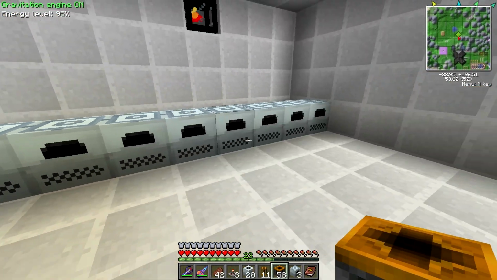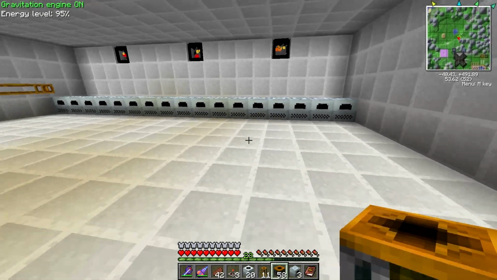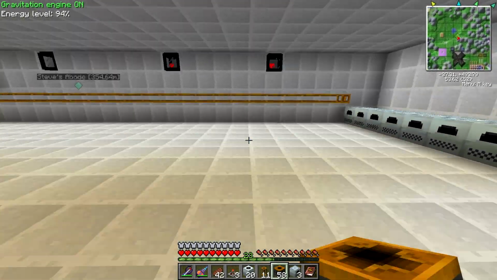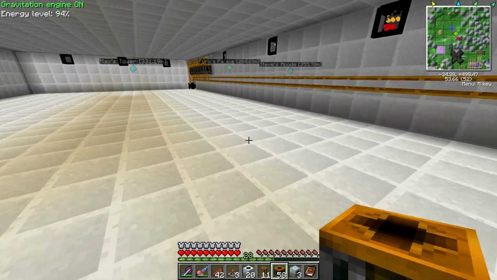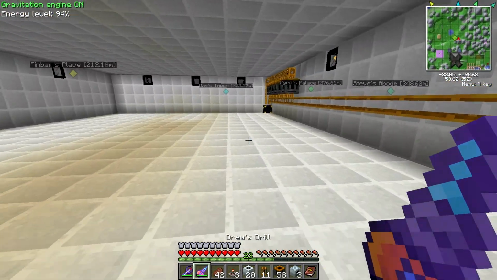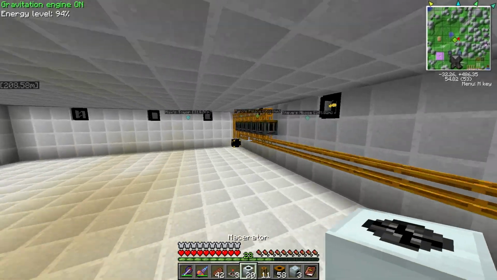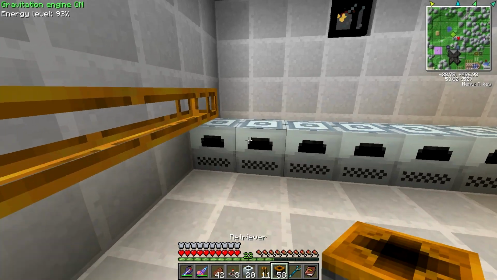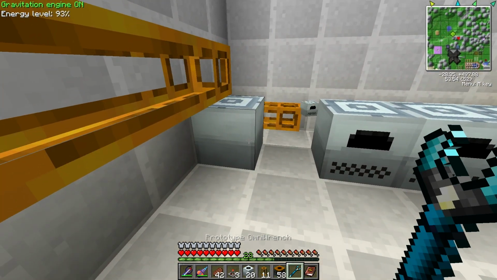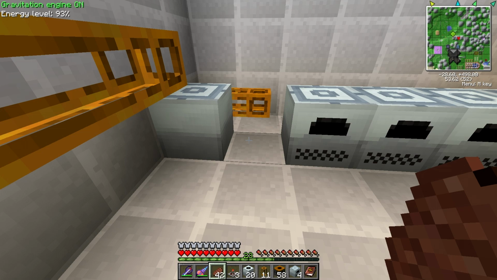Let's see. Just trying to think of what's going to need to go where. So by default, a lot of stuff is going to go to the furnaces, so maybe I should move the furnaces to the other side of the room. Maybe that would be best. Yeah, I think that would be for the best. So we'll have the furnaces on the other side of the room, and that, actually no. Macerators are going to be the